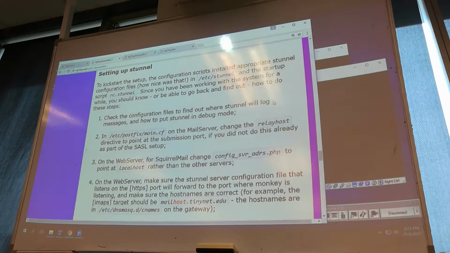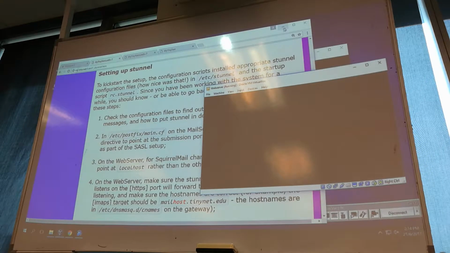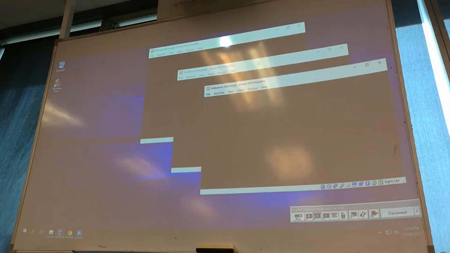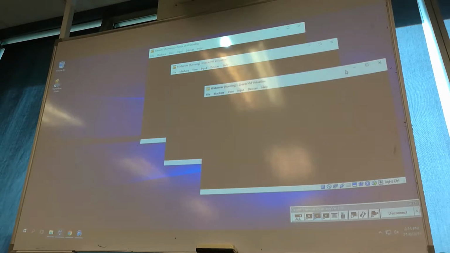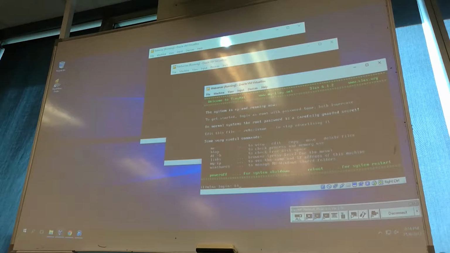So what we need to do is set up S-Tunnel, and we need to make some little configuration changes to fine-tune the initial configuration files that we have already. I've got my 3 virtual machines running here. I'm going to start with the web server. Doesn't really matter which one we start with. Okay, I'm going to run through the